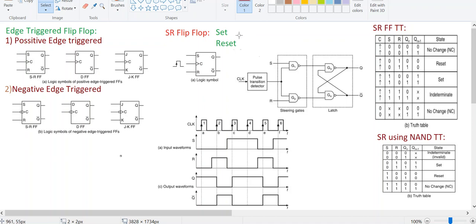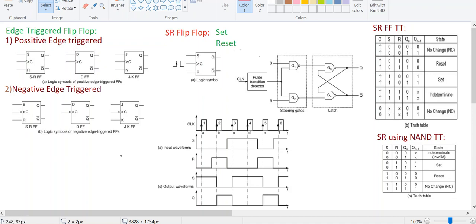Now, in the latches concept we discussed, we had the input pin as the enable pin. Now instead of the enable pin, we consider one of the inputs as the clock pulse, which is very similar to the gated SR latch. In the gated SR latch we considered this place as enable, whereas in the SR flip-flop we are considering this as a clock signal. Now this clock signal can be given as my input in different ways. So we can call these flip-flops edge triggered flip-flops.